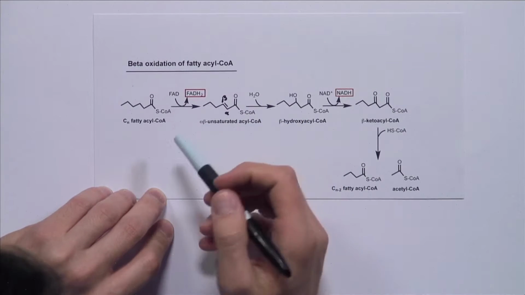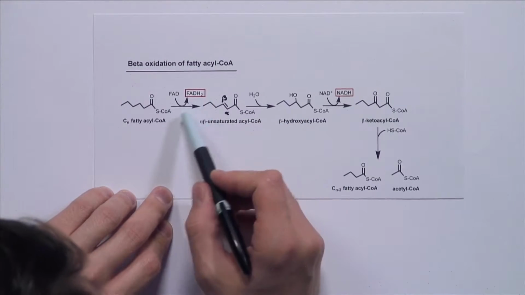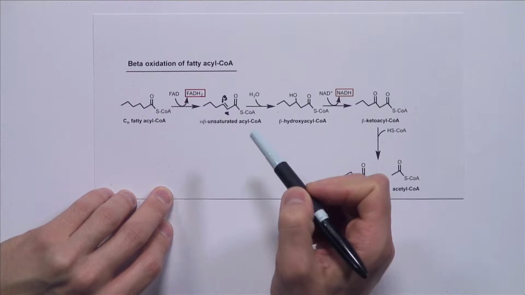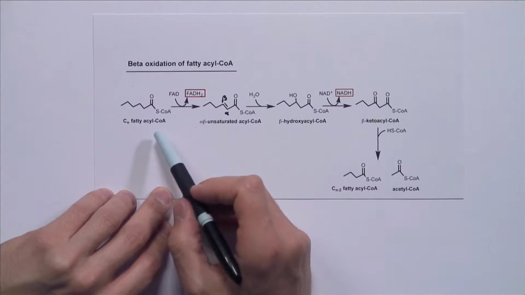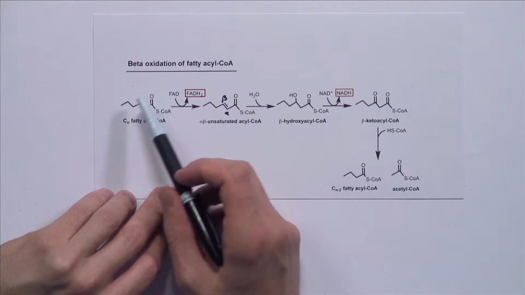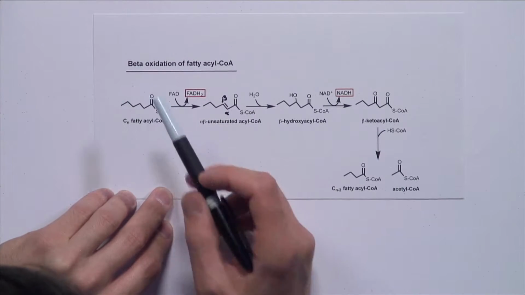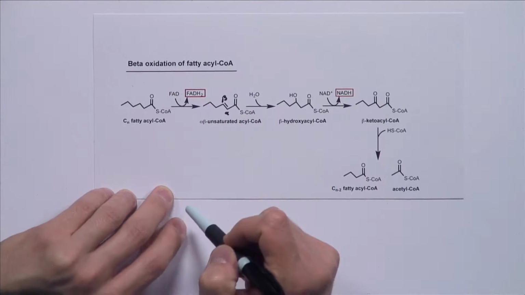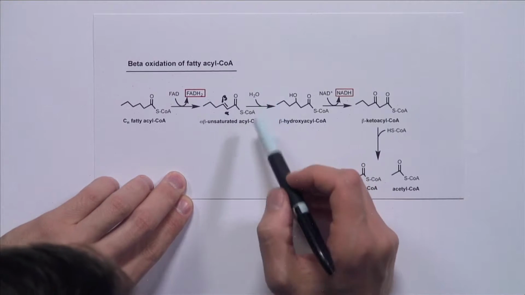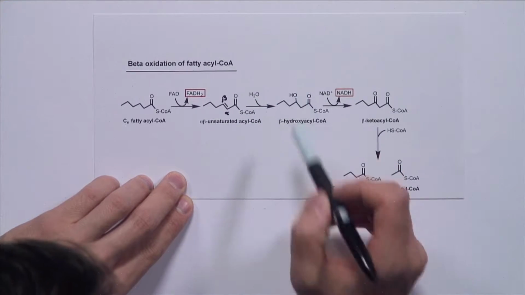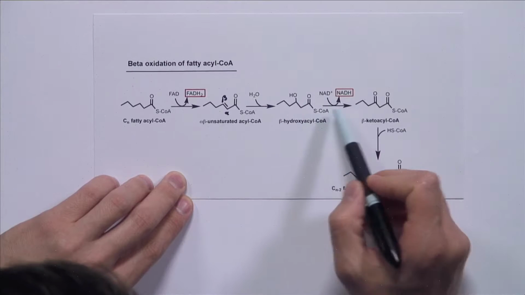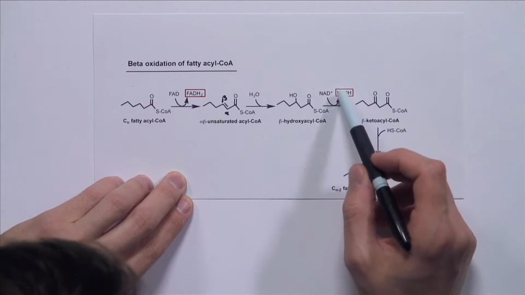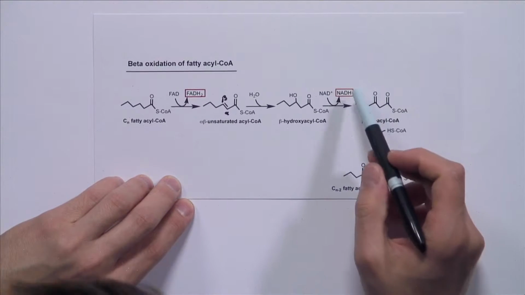These fatty acyl-CoA dehydrogenases, there are actually several of them, and they have different specificity for short, medium, long, and very long chain fatty acyl-CoAs. But regardless, there will be some dehydrogenase to act on any length fatty acyl-CoA and introduce this trans double bond. In the next step, we add one water molecule to generate a beta hydroxyl acyl-CoA, which is subsequently oxidized to generate a beta keto acyl-CoA. In this oxidation, we're going to use NAD, generating one molecule of NADH.